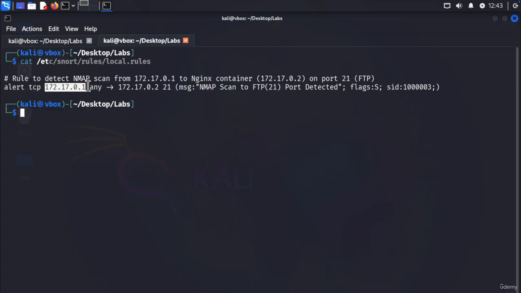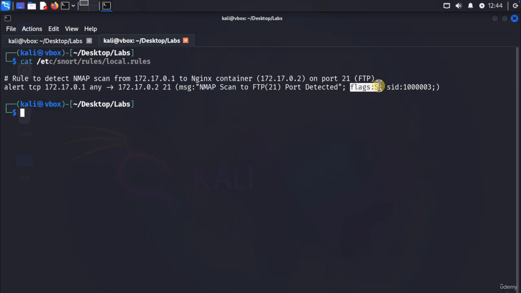This is the source IP from any port. So if you recall, this is coming from Kali Linux and it's going towards the Nginx Docker container, the web server, which has the IP address of 172.17.0.2, and this is listening on port 21, and this is saying nmap scan to FTP port 21 detected,